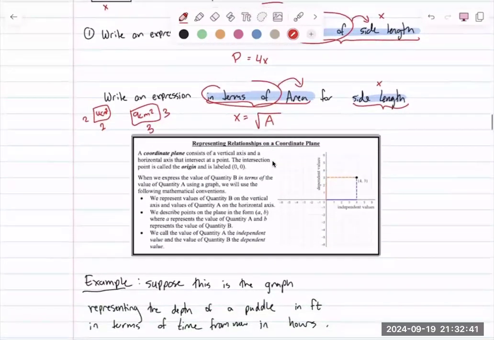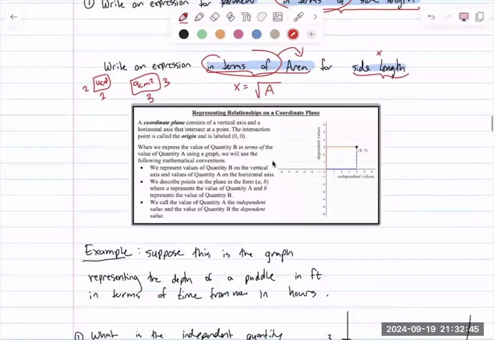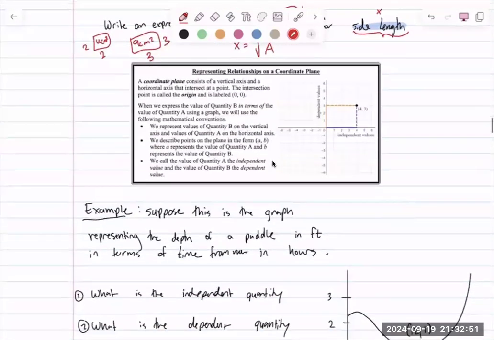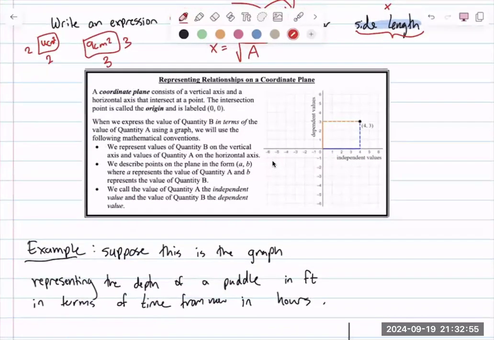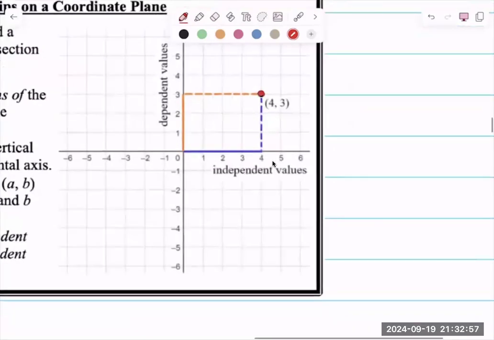Okay. Now, the coordinate plane and graphing, I'm going to let you guys read this on your own. It's also in your workbook. I would say that that's a really great resource, right? But basically, we can graph two quantities. And this point right here, (4, 3), would mean that